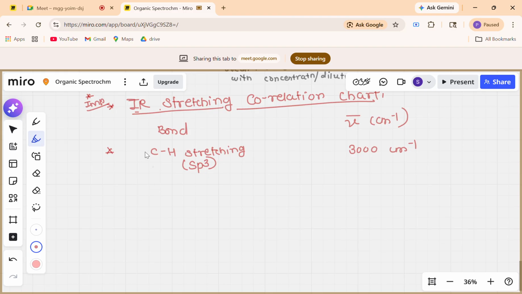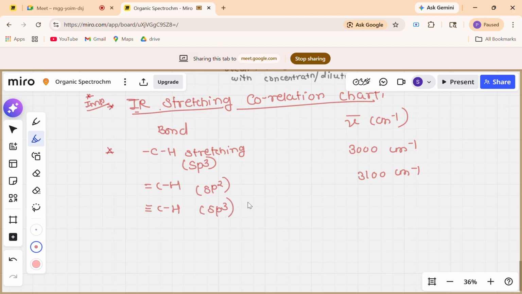For sp3 CH, the saturated molecule, the corresponding stretching frequency will come in the region of 3000 centimeter inverse. If you are talking about an sp2 hybridized CH bond, then the corresponding stretching frequency comes in the